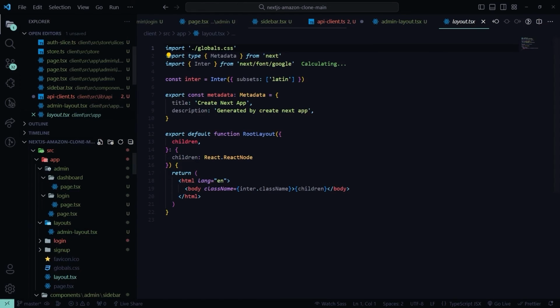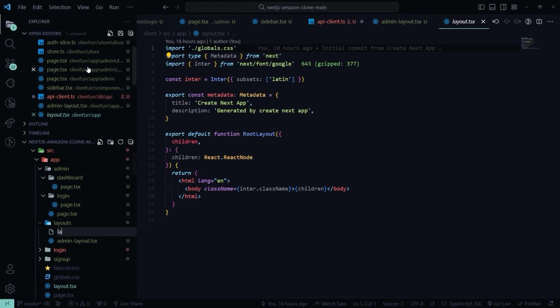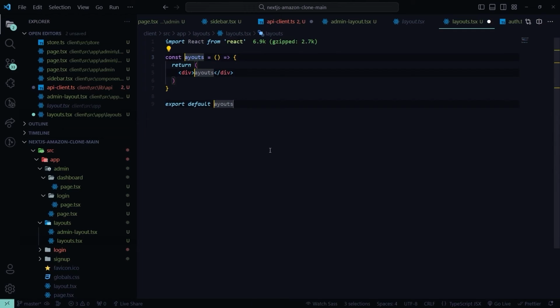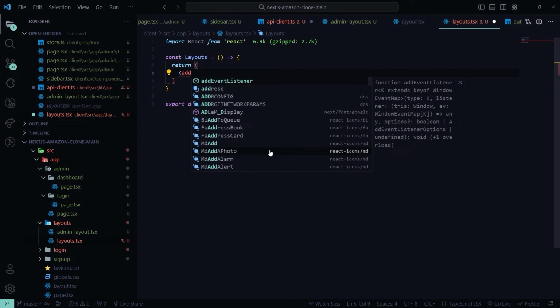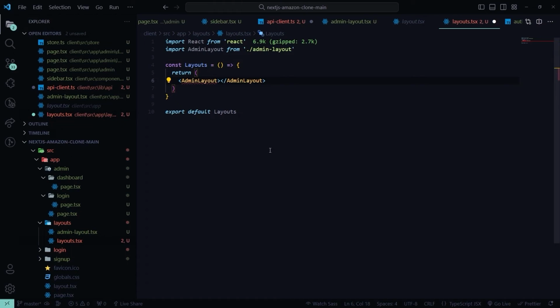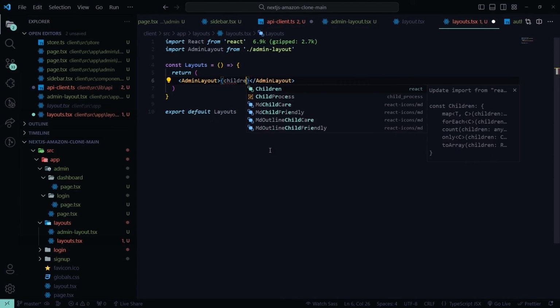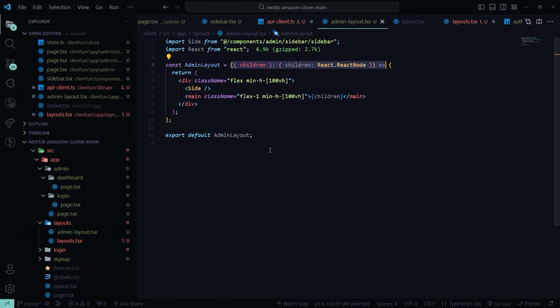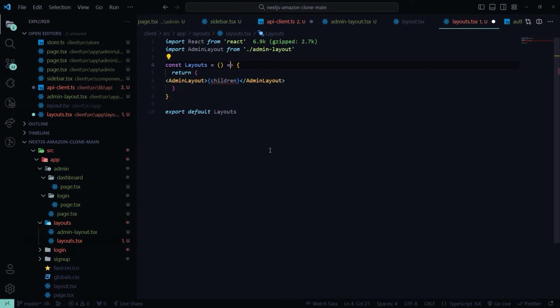inside the layout.tsx, what I'm going to do is, okay, instead of that, let's create a layouts first. So layouts.tsx, and inside the layouts.tsx we are just going to return the admin layout for now. So rfce layouts and return admin layout, and we'll have the children here. Let's copy the type from here, copy, paste,